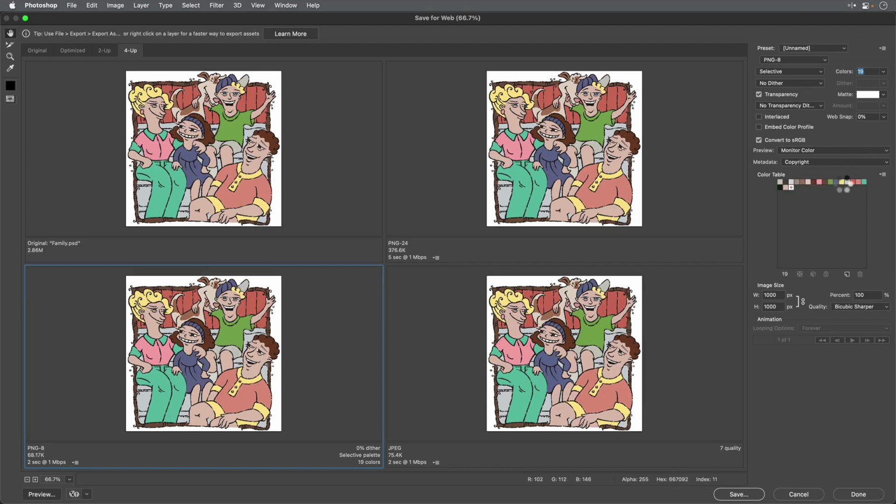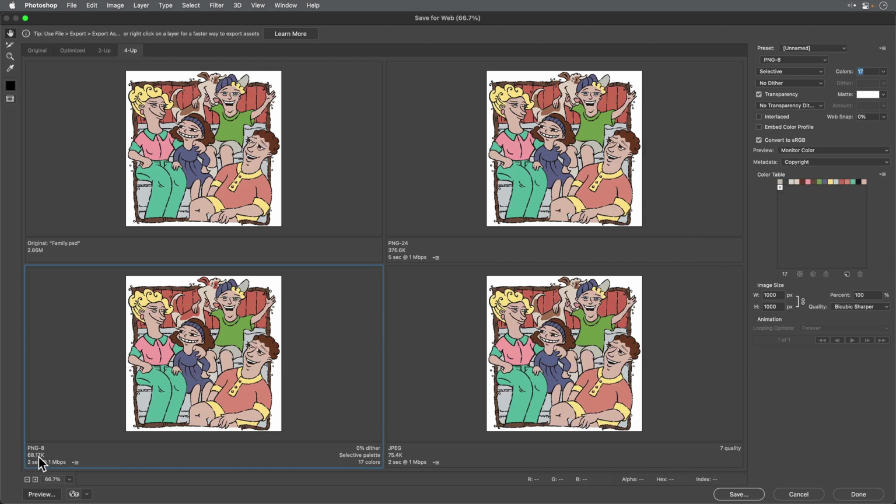Eventually, watch this image here. I'm going to hit the down arrow some more. See how things are starting to change? Like right there, their hair suddenly got dark. I'll go back up one color to preserve the color of the hair, etc. As I go back up, the colors start to get restored. So if I reduce the color palette too far, the image starts to change, but the image gets smaller and